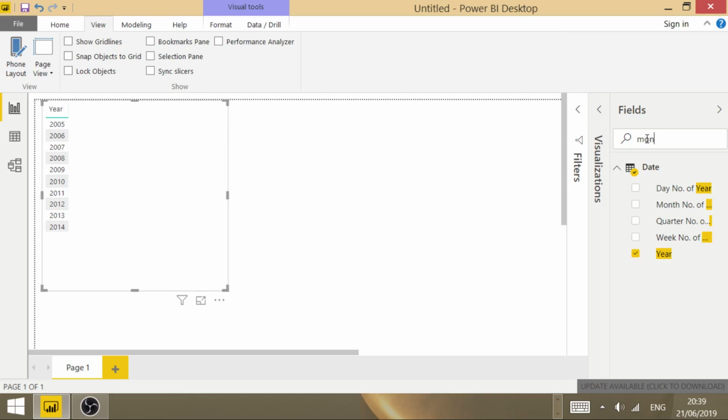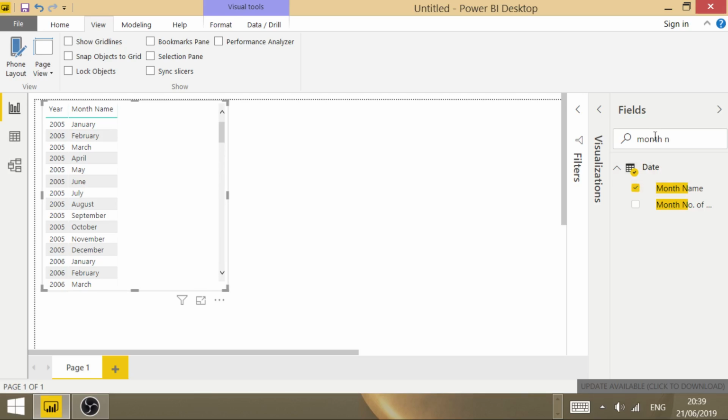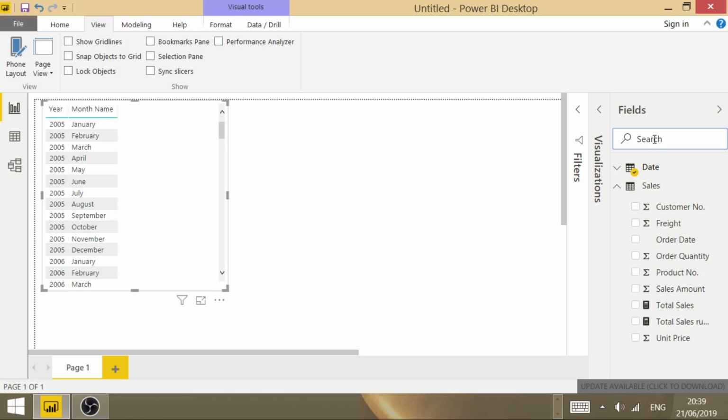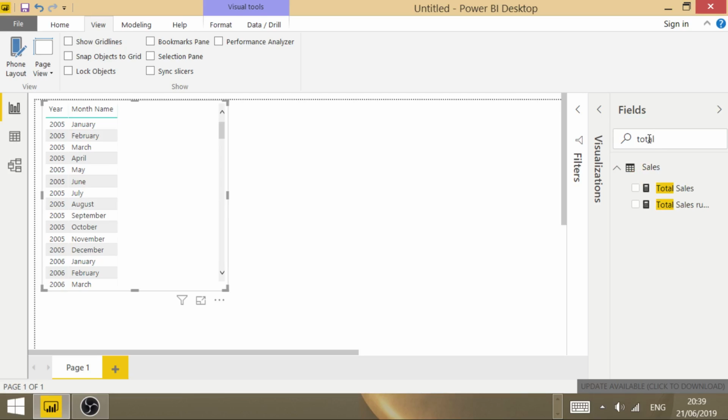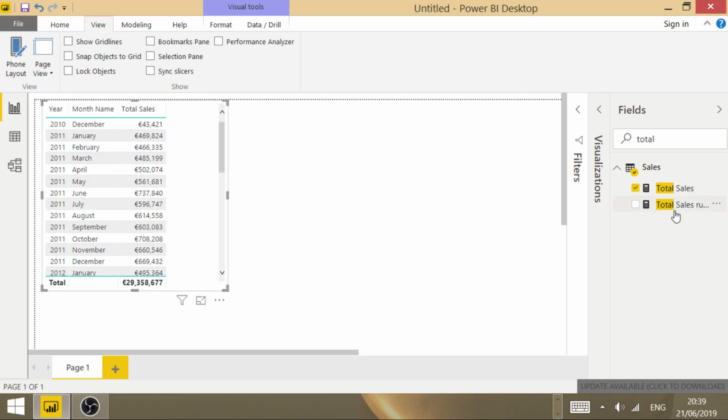Month, name, then total sales, and this is the quick measure we just did, the running total, like that one. So these are the